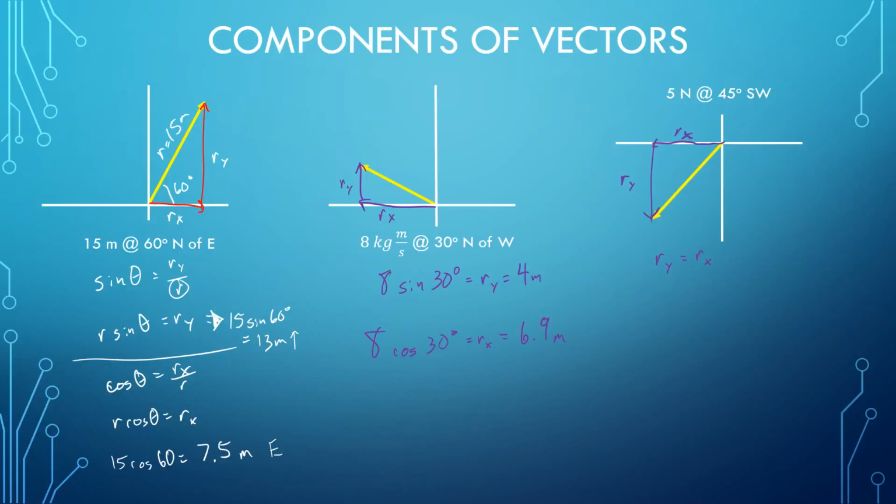Heard someone repeat it. Is that you, Julian? All right. What about for this one? This one should actually be very easy, because when you have 45 degrees, the components will be the exact same length. So you can just choose to do one of them. Let's just do Rx. So that should be 5 cosine of 45 degrees. What is that equal to? 3.5? So Rx equals Ry equals